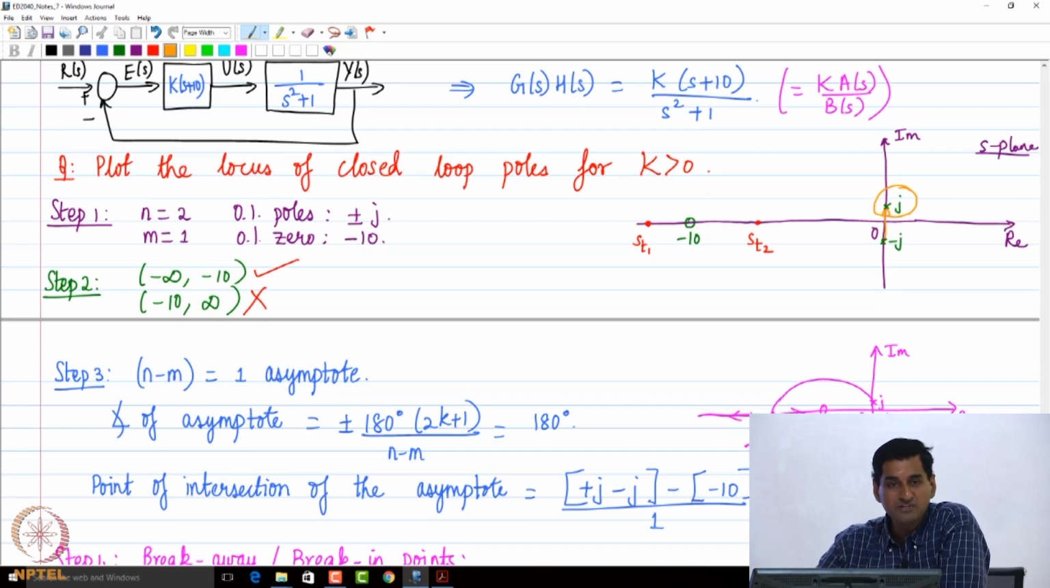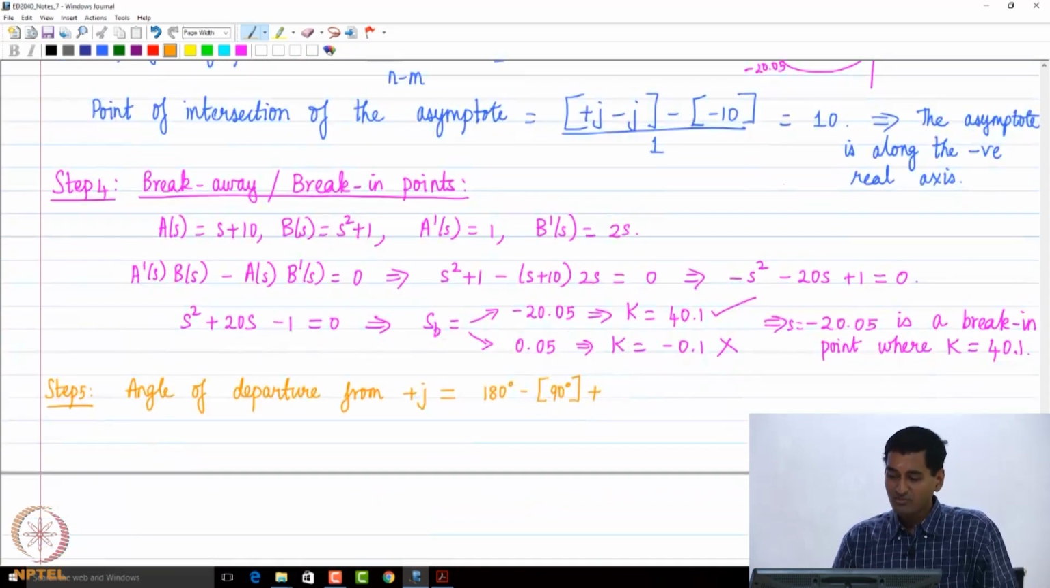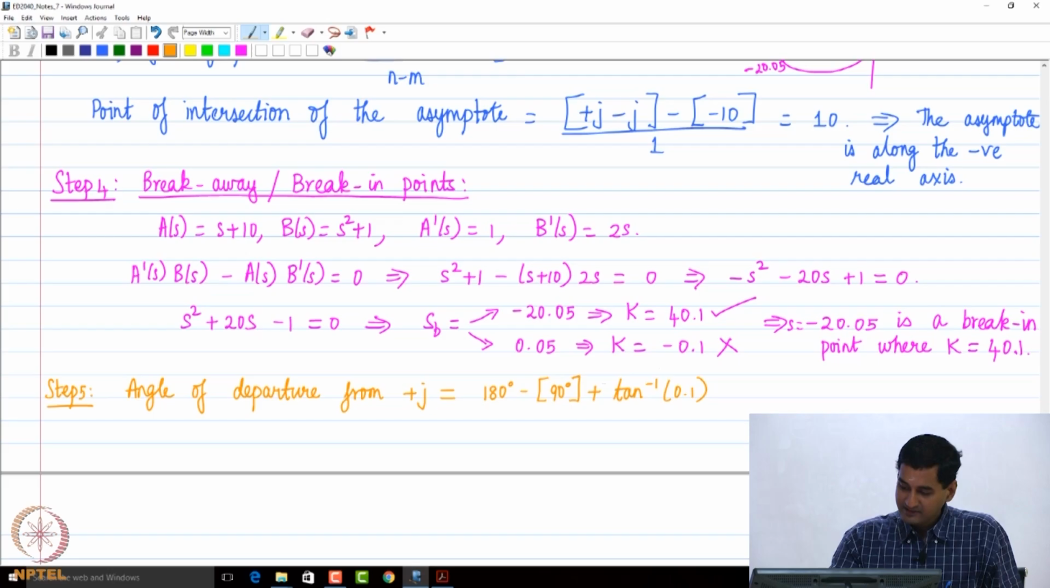What is the only open loop 0 here? Minus 10. You draw a vector from minus 10 to plus j, and what is the angle made by this vector? Tan inverse of 1 by 10, so let me write it as tan inverse of 0.1. If you evaluate this, the answer is going to come as 95.71 degrees, okay, that is what you will get. So this is the angle of departure from